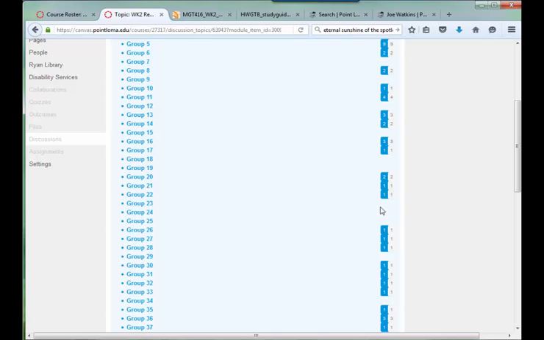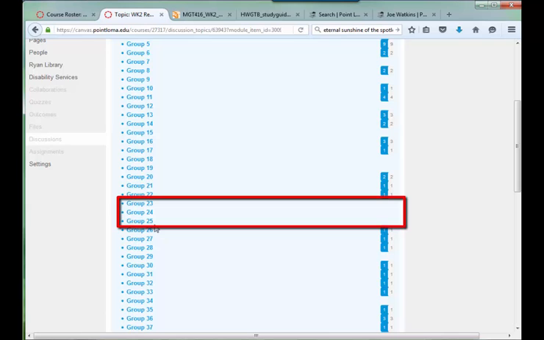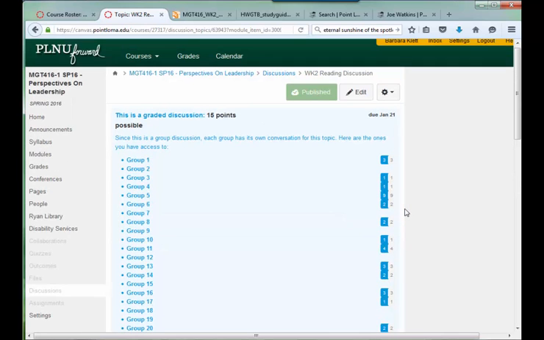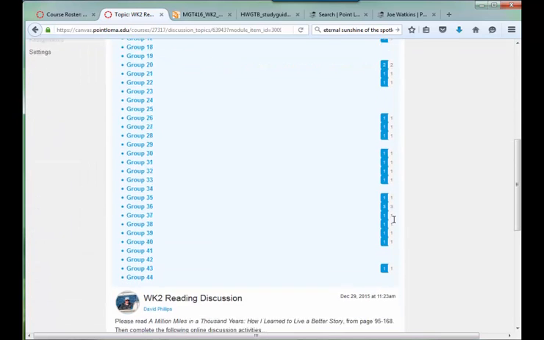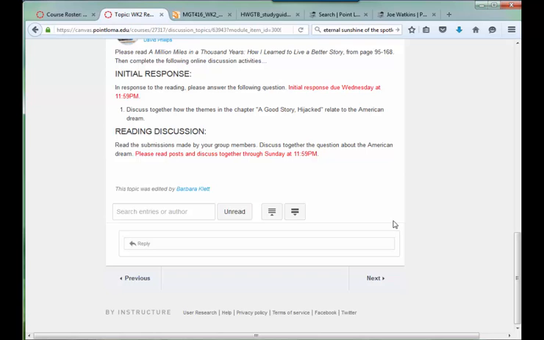This also can be a quick overview, not that they're late at all. Their first post isn't due until the end of the day Wednesday, but you can kind of see if you're group 23, 24, and 25-ish people, then you want to be watching those groups. They're not late yet, but these folks are active. So I wanted to make sure to show you that.